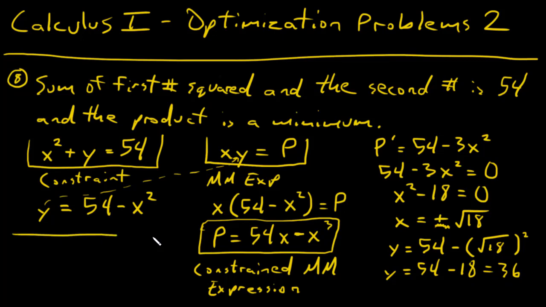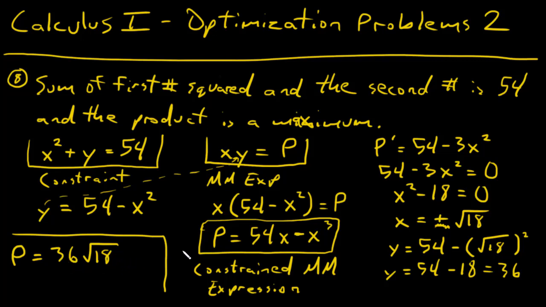So that means I'll come over here for the last thing. My maximum p is equal to 36 times root 18, x times y. And there you have it. That is the maximum product that you can get. Minimum, maximum. Which one is it? Maximum. Ooh, I think I wrote minimum up here when I meant to just, I was thinking, oh, wait a second, that is a maximum I'm trying to find. Would have been a minimum wouldn't have made a whole lot of sense to be that number, but a maximum